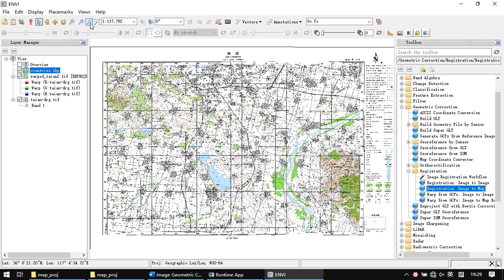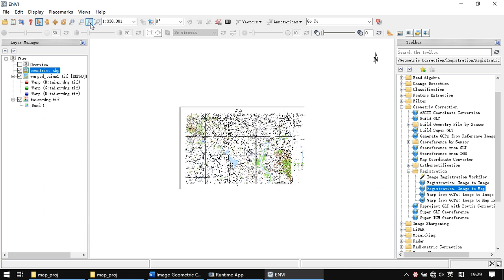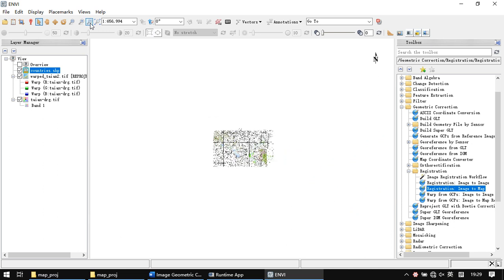And if we choose this one, we continually click the zoom out button, continually click this button,